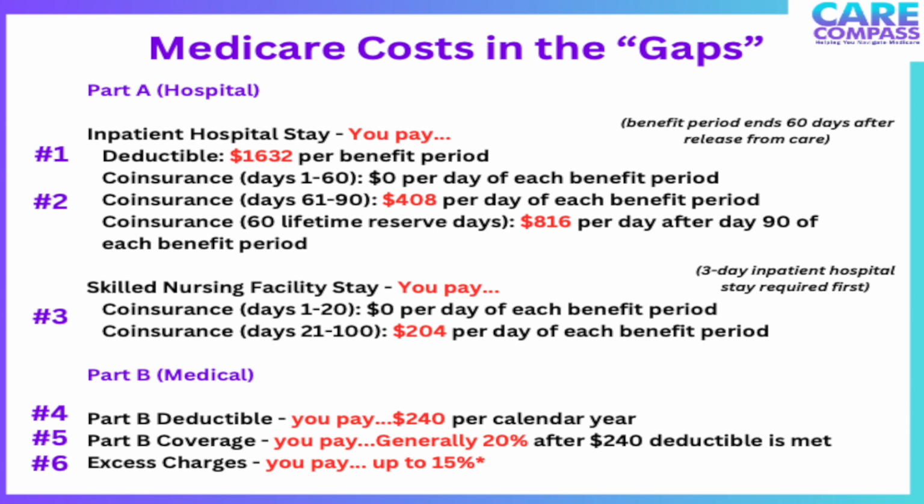I know this slide is a lot, and I'm going to simplify this in the next slide, but just as a general understanding, if we look at these different gaps, our first gap is our inpatient hospital stay. In 2024, the deductible is $1,632. So that means if I go into the hospital, I'm spending